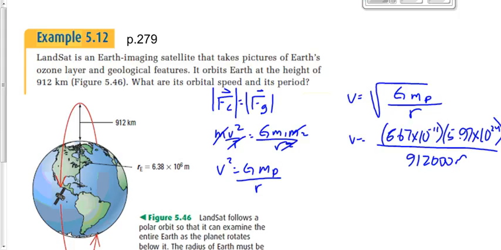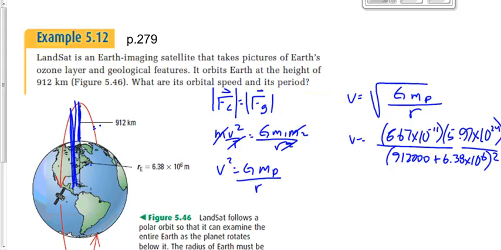Exactly. Okay, that's the distance above the surface of the Earth. We talked about this a little bit already, right? Not in the context of this question, but earlier on. If you're given the distance above the surface, it's not what you want. You want the distance to the center. So you have to add the distance above the surface to the distance from the center to the surface, in other words, the radius of the Earth. So let's say 912,000 meters plus 6.38 times 10 to the 6,